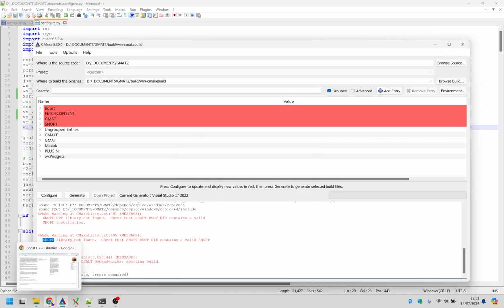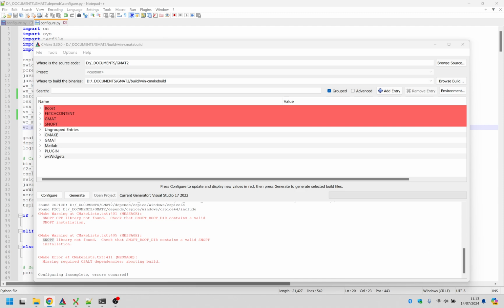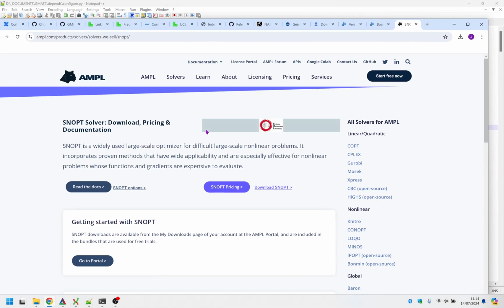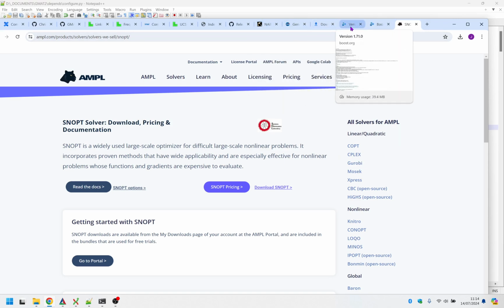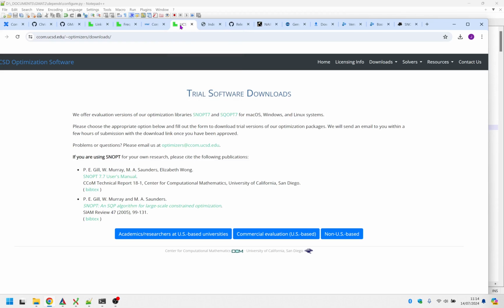So snopt is another library. It's snopt 7.5. So snopt is a solver. I assume it's solving. Snopt is a widely used large-scale optimizer for difficult large-scale nonlinear problems. So yeah, figure that out later. But you need to get this, and the only place you can get it, as far as I'm aware, is from